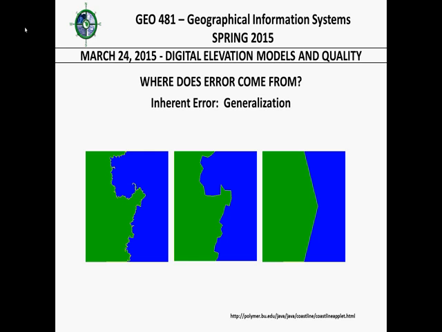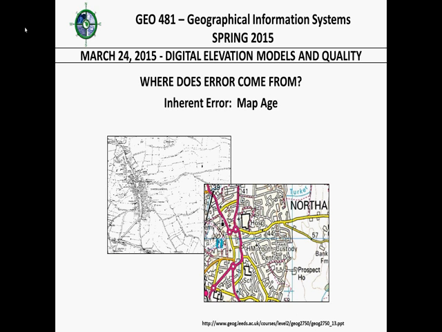Another inherent map error, map age. This is a poor screenshot showing a community in England, I think, that has grown over time. Are you looking for things on the map that have occurred since the map was produced? Erie County Water Authority has a polygon-shaped file of buildings. It was actually created in 1990, and